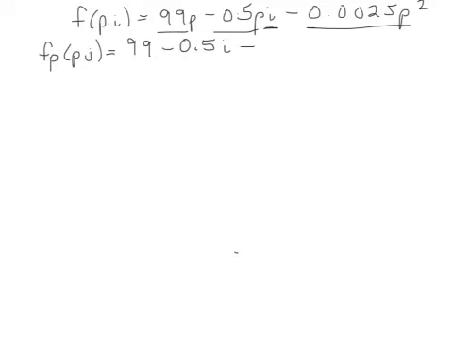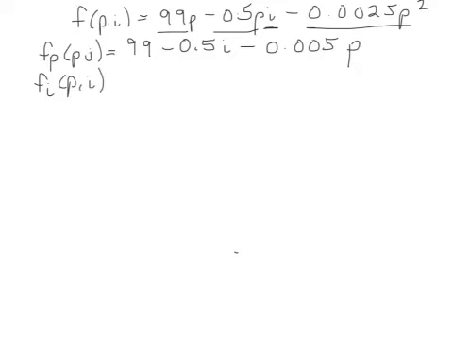So we've got 2 times negative 0.0025, which gives us negative 0.005, and then just p to the 1, or we can just write p. Okay, so the next first derivative we can find, of course, is for the second variable,